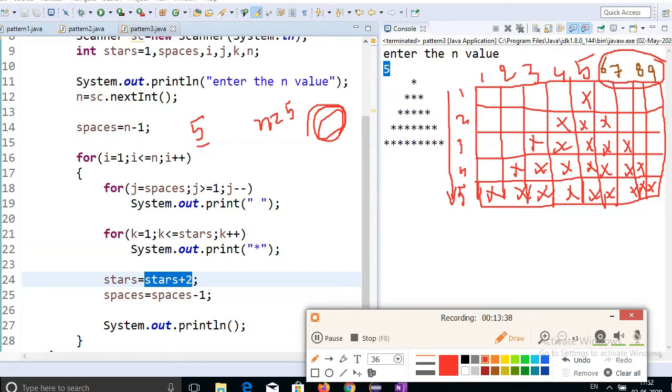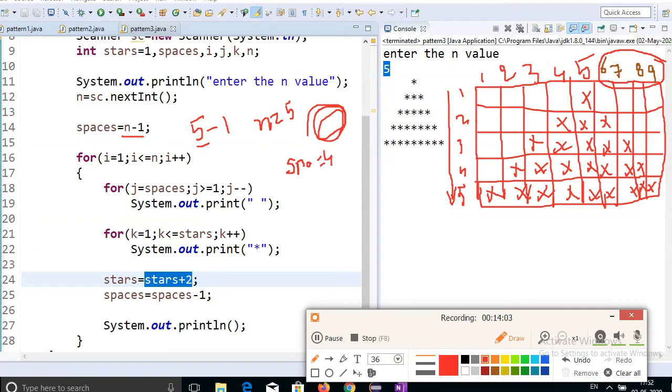In the inner for loop, for j equal to spaces, j greater than or equal to 1, j minus minus. In the spaces place, I have given n minus 1. The spaces variable already stores n minus 1. N minus 1 means 5 minus 1, so the spaces value equal to 4.